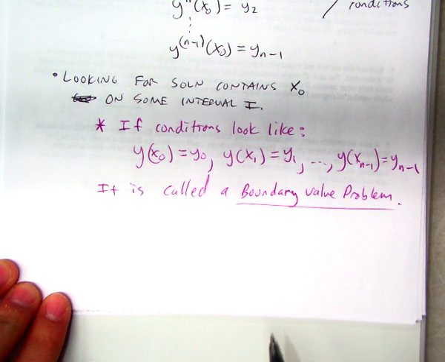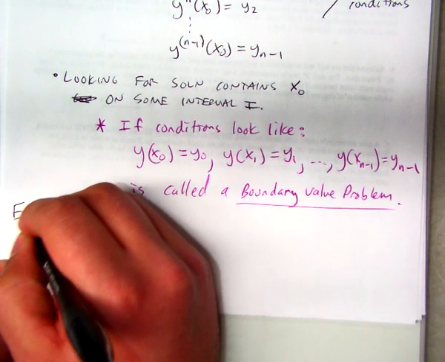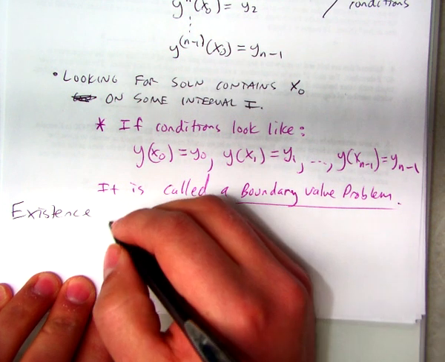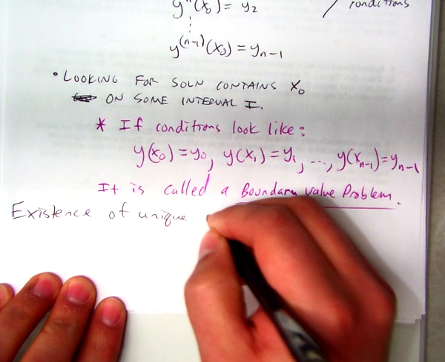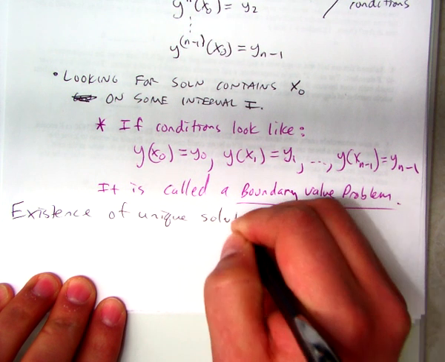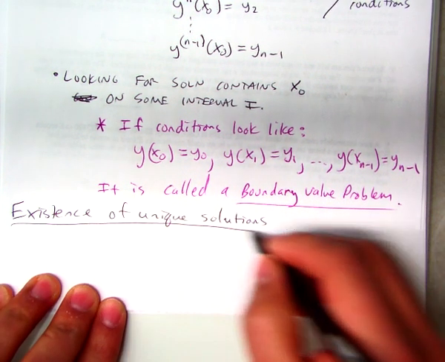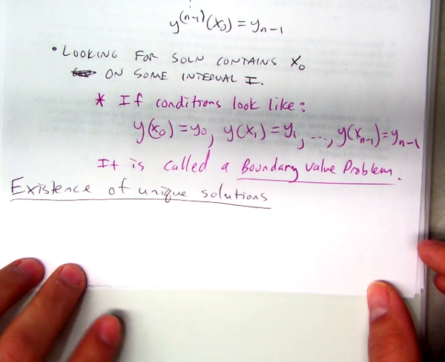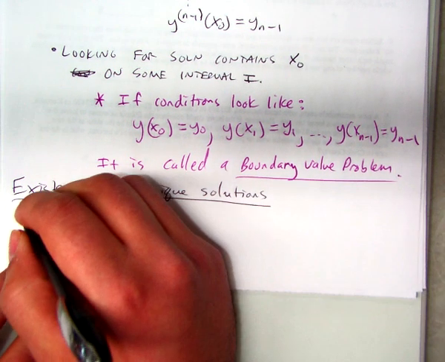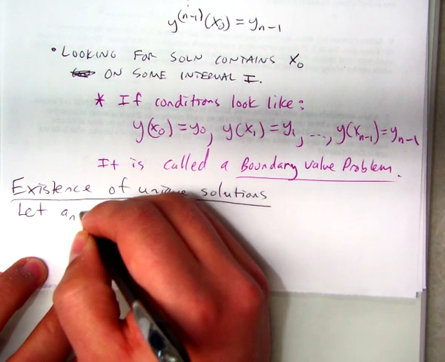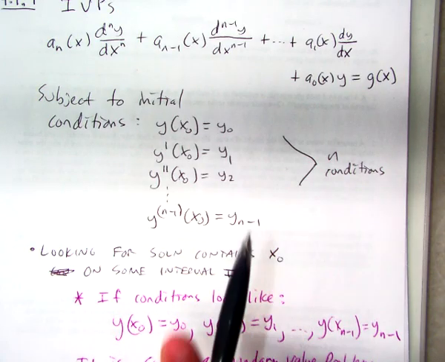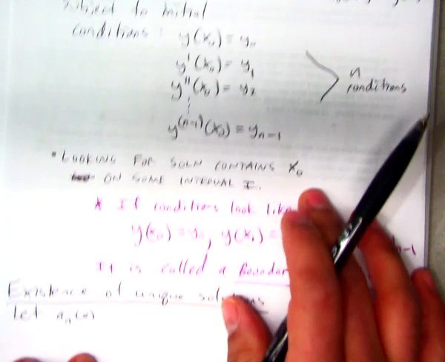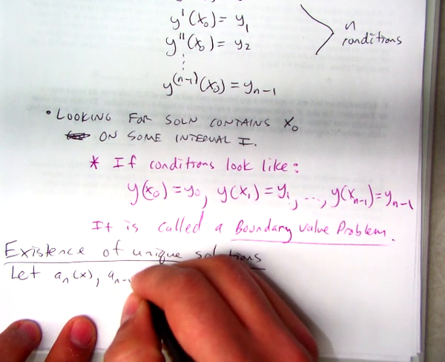Okay. Questions so far? Hopefully not. All right. Just like we did last unit, we're going to talk about existence of unique solutions. Okay, and there are several conditions that need to be met. Looks something like this. Okay, so we're going to let the coefficients back up here. These are the coefficients, a sub n of x, a sub n minus 1 of x, and so on. We're going to let all those coefficients